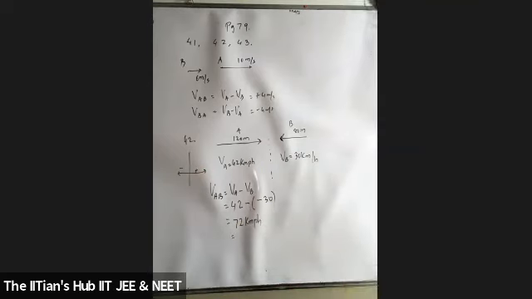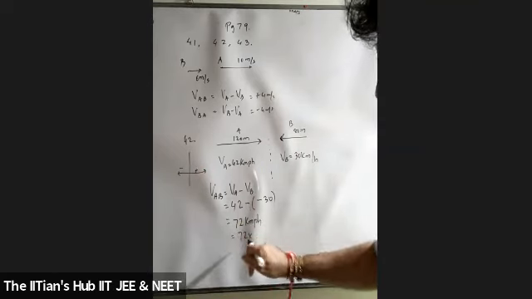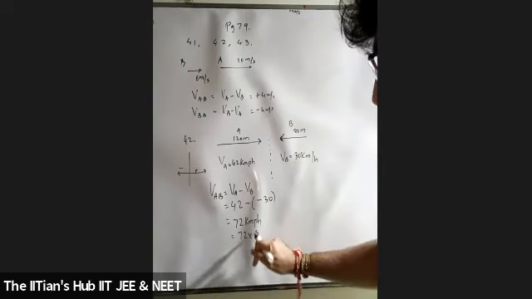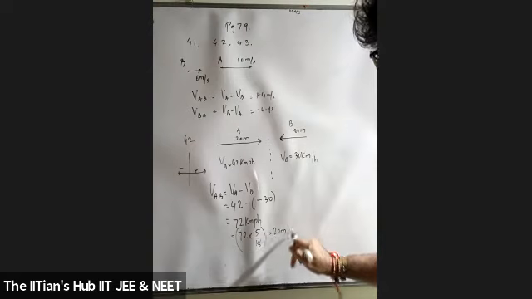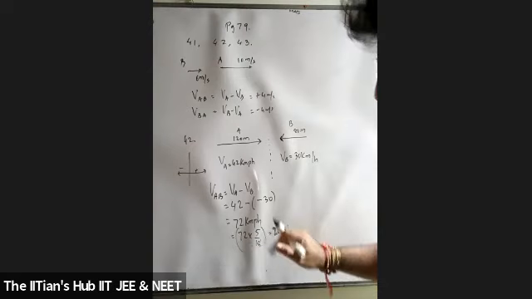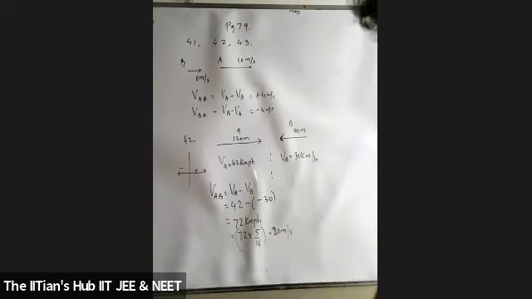And converted into meters per second, what exactly will the answer be? 20 meters per second, right? 5 by 18, so that will be 20 meters per second. Now my question, Janani, listen carefully. Don't move further. My question is, why did you go for relative velocity of A with respect to B? What's the reason?